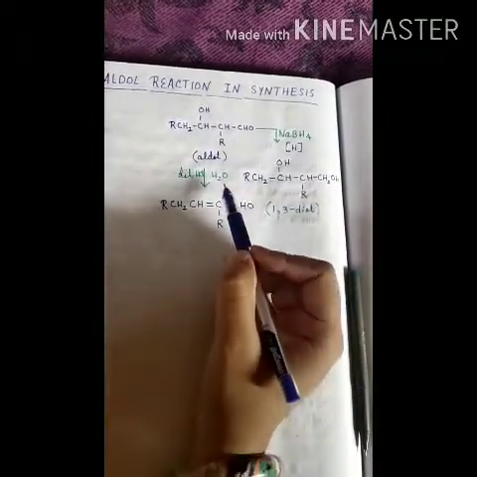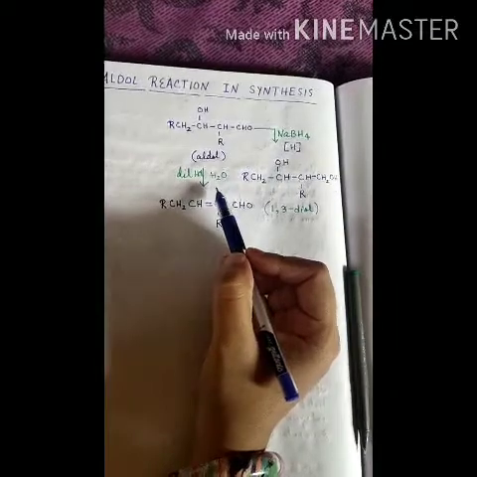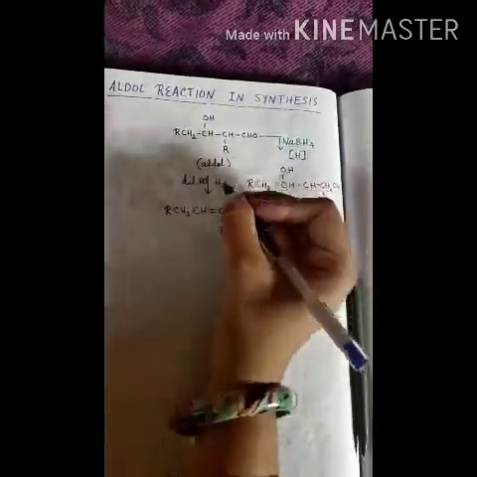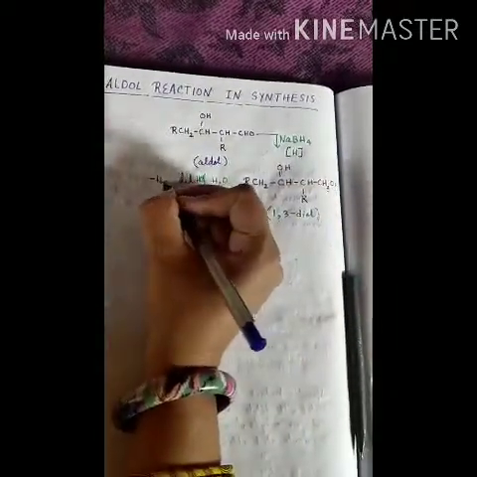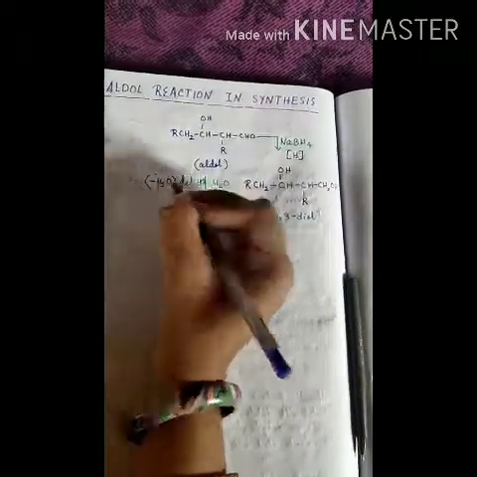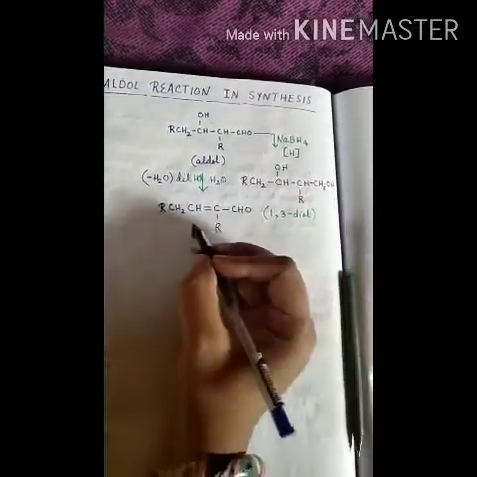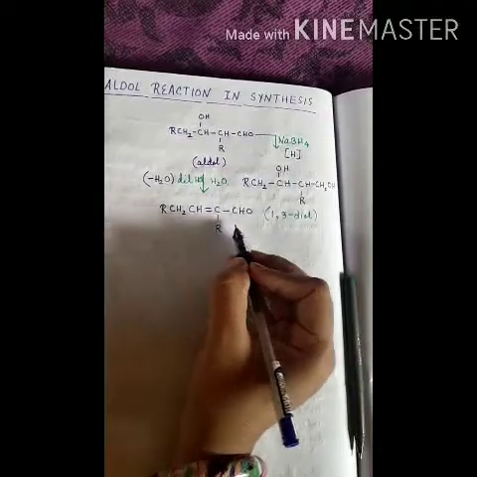So if we heat the aldol in acidic medium, one water molecule will go away, minus H2O, and we will get an alpha beta